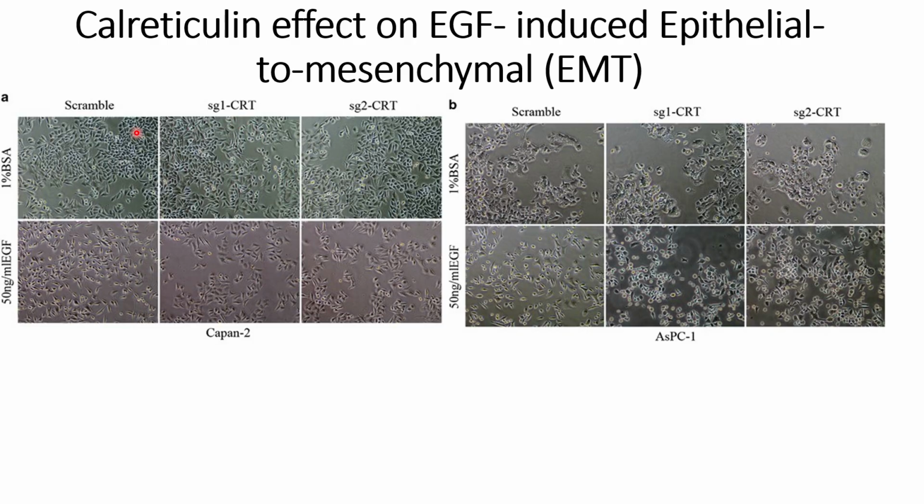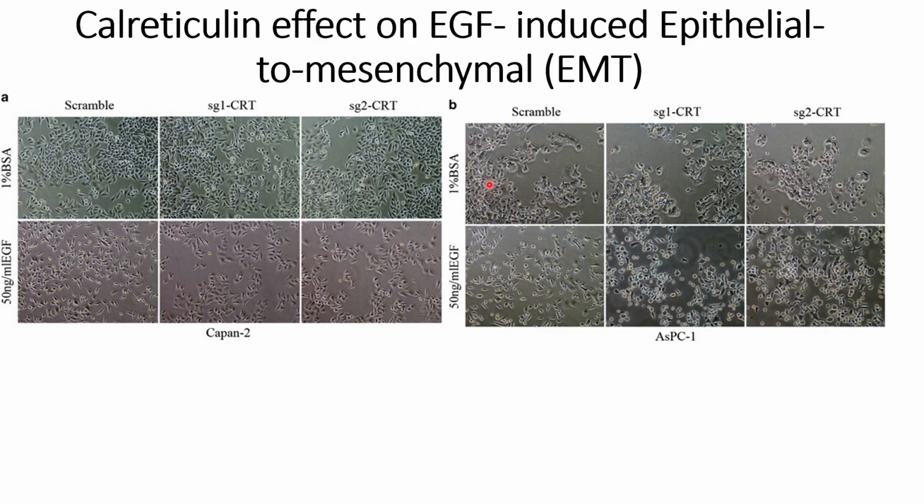EGF-induced EMT or not. For the scramble control, they are able to see the spindle-like structures in the EGF-induced cells, and they have used a concentration of 50 nanogram per ml of EGF. Here we can see the more spindle-like shape compared to what they have seen in the scramble. This is for the Capan-2 cells, and similar results they have seen for AsPC-1, where they saw spindle-like shapes in the scramble-treated cells that are induced with EGF, and in the control they do not see any